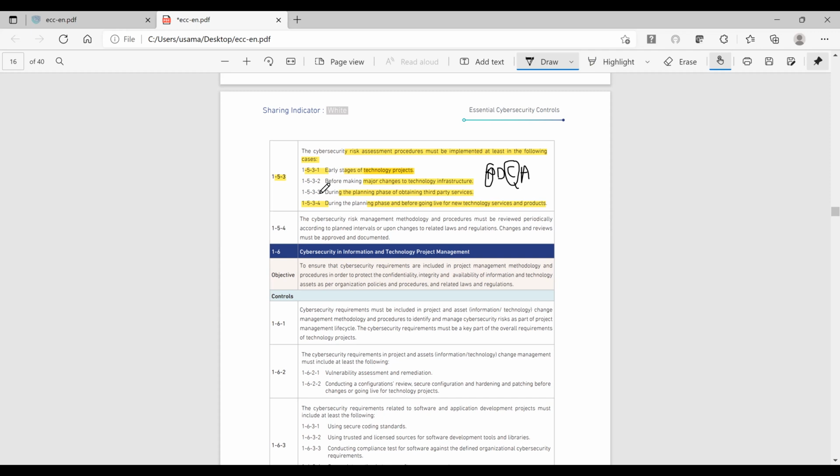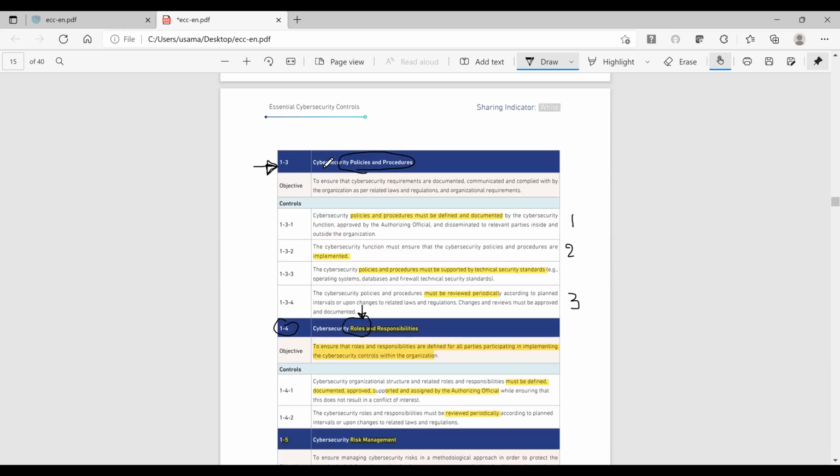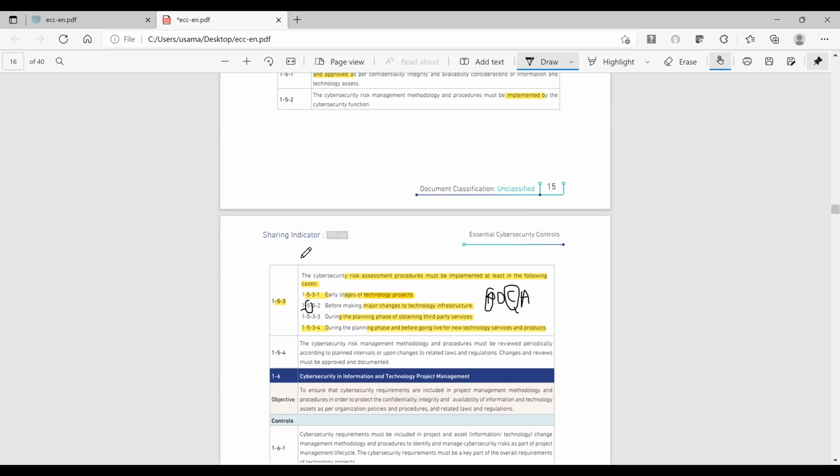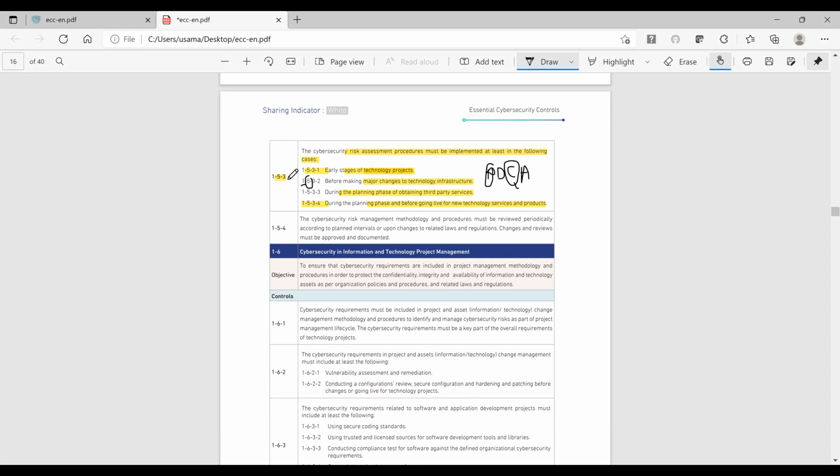1-5-3-2. This means that it is domain number 1, and we are working in domain number 1 right now, which is cybersecurity governance, and it is subdomain number 5. And subdomain number 5, what is it? It is the cybersecurity risk management, 1-5. Then control number 3, which is the risk assessment procedures, and the number 1